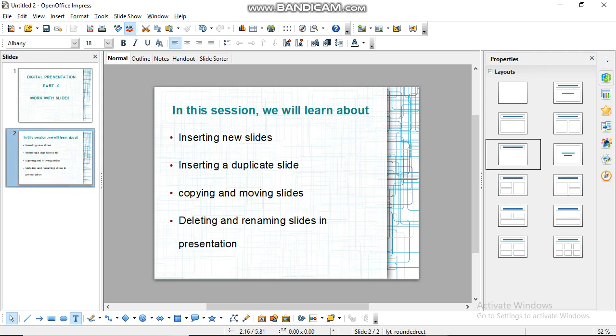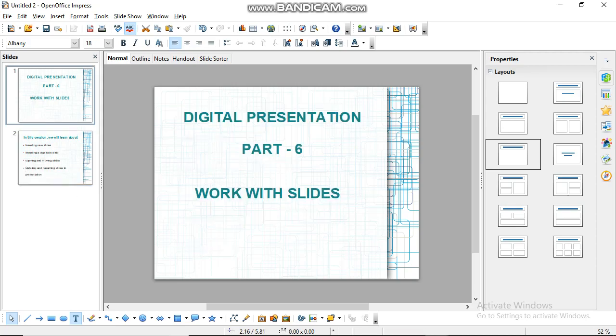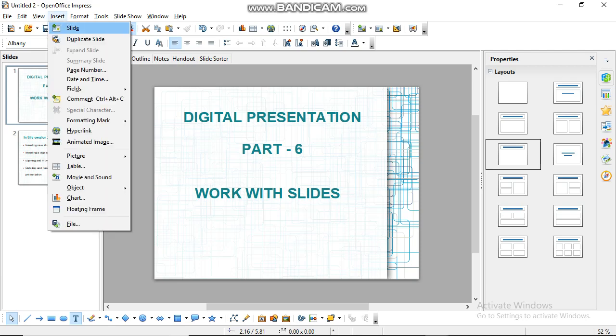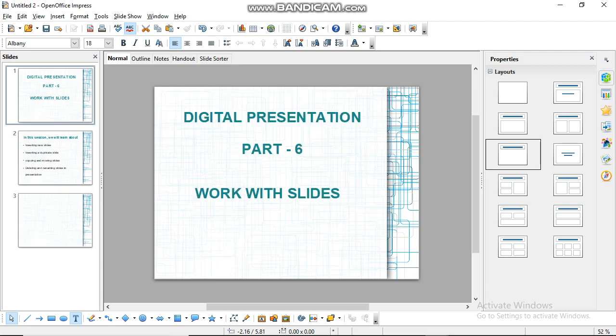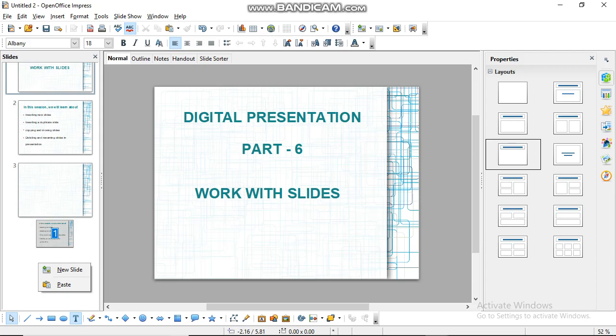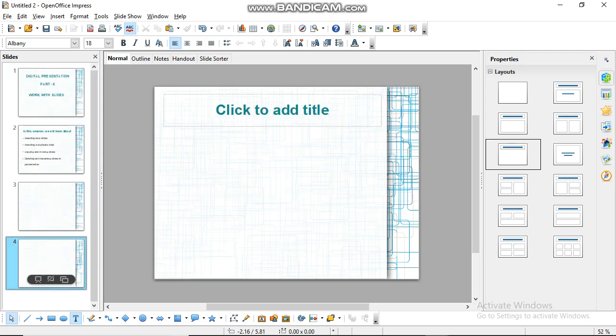New slides can be inserted by clicking on the insert menu and then clicking on the slide. You can see one new slide, slide 3 has been inserted here. Secondly, a new slide can also be inserted by right clicking in the slides pane and then clicking on new slide.